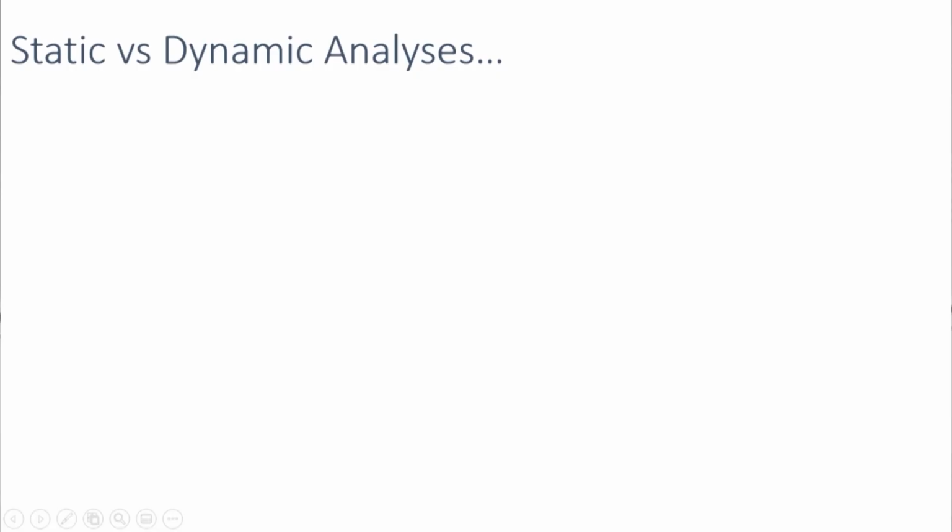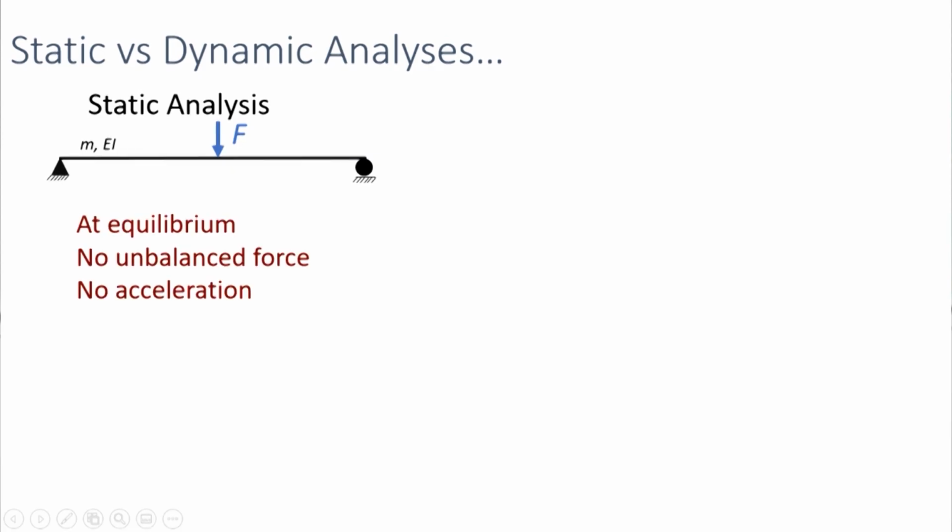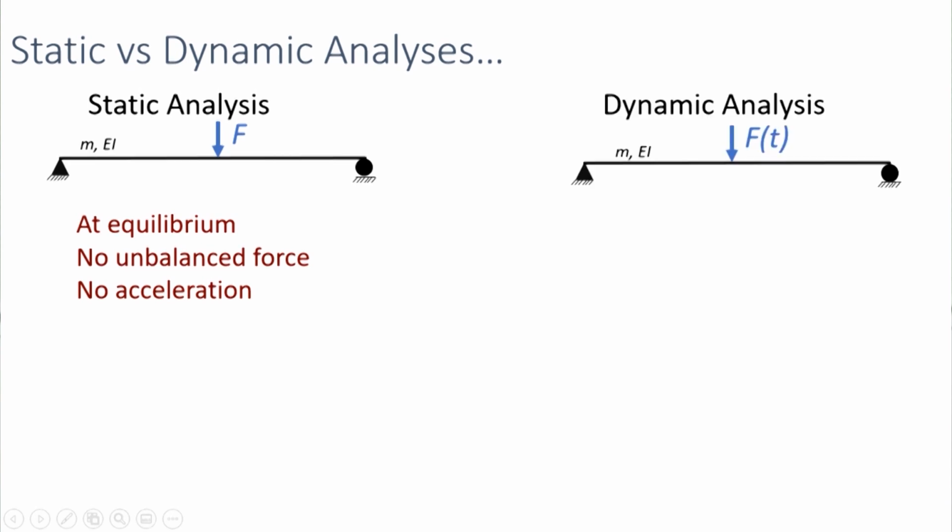Now let's compare both analyses. When the load is constant, that means the static analysis case, the structure is at equilibrium, there's no unbalanced force, and there's no acceleration. None of the beam parts are accelerating. In the case of dynamic analysis, the beam will experience some acceleration, and it will lead to an additional force called inertia force, mass multiplied by acceleration. And we need to consider this force in addition to the applied force to get the correct dynamic response of